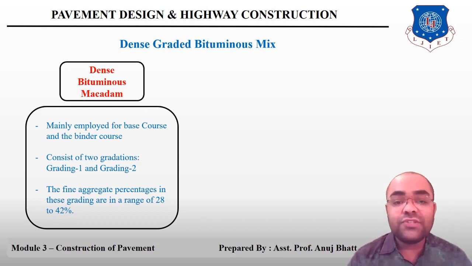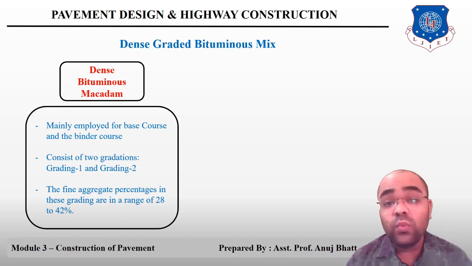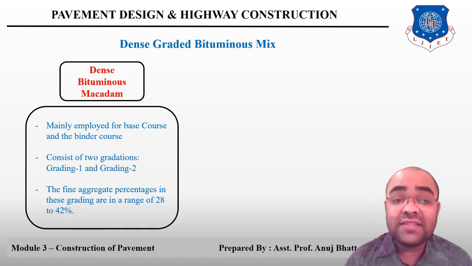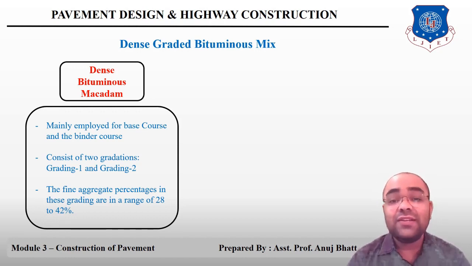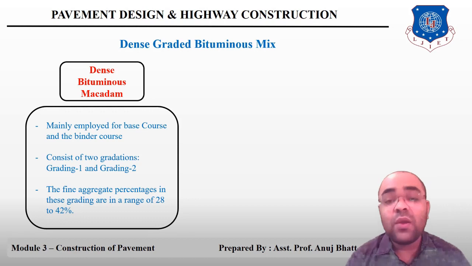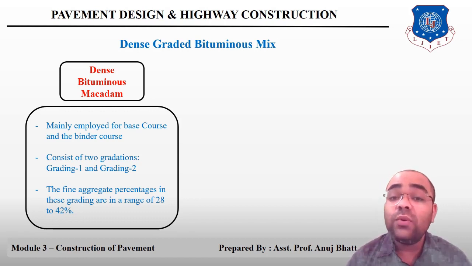Grading 1 of dense bituminous macadam has 37.5 mm as the nominal maximum aggregate size, generally considered as NMAS, while grading 2 has a nominal maximum aggregate size of